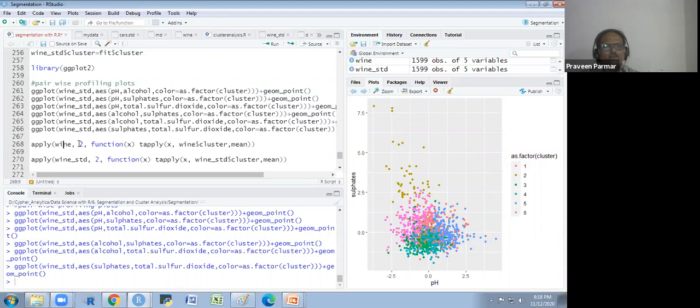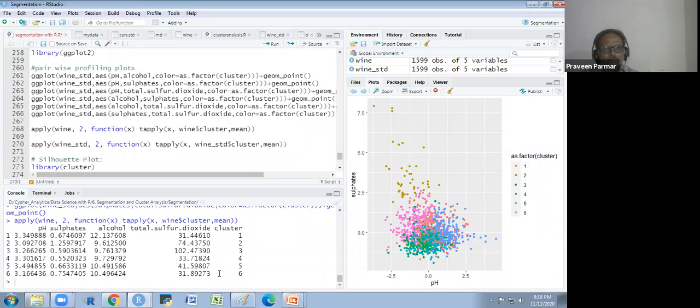So wine2, function xt apply, wine cluster mean. I will just show why I used it. I have used the apply function for the columns, and the function is xt apply the cluster means.